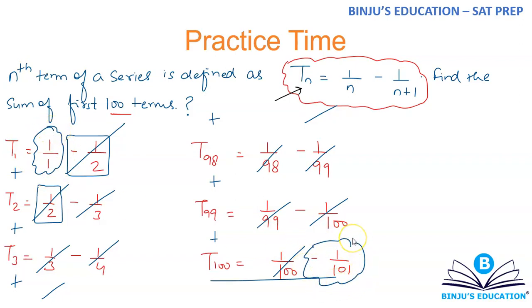and the last negative term, which will give you your sum as 1 minus 1 over 101, which is equal to 100 divided by 101. And that's your answer. So it's a typical pattern, and whenever you get a pattern something like this, remember my words, your terms will always cancel out. Okay, so I'm going to give you a question, try that one out.